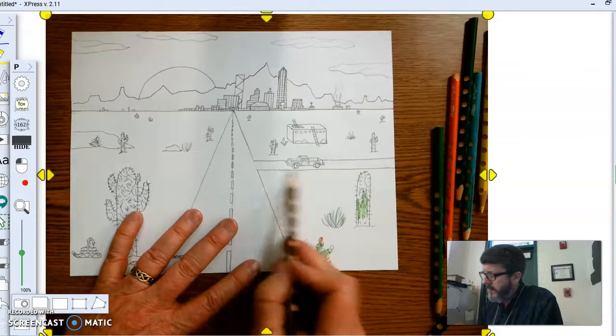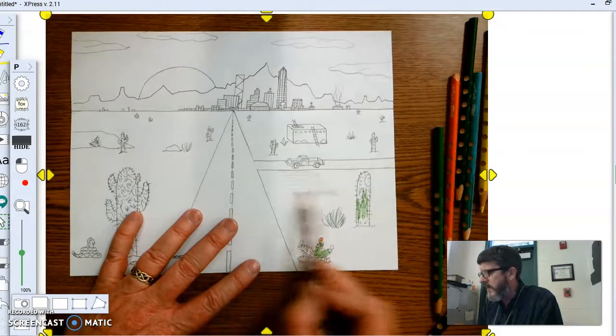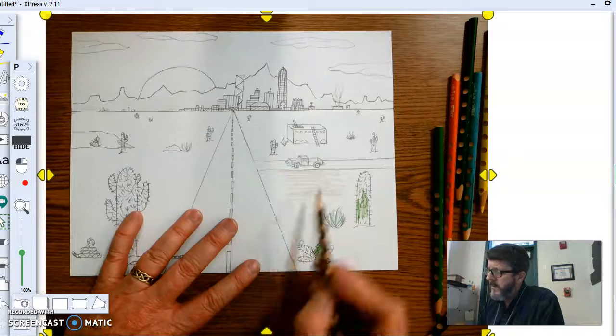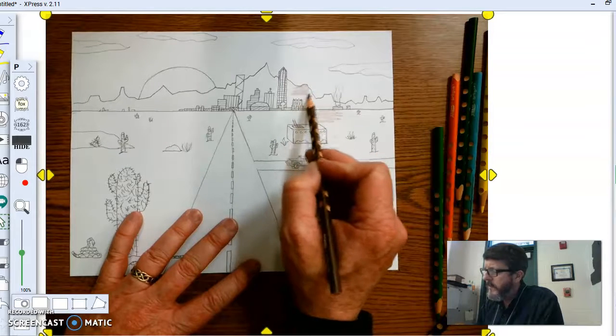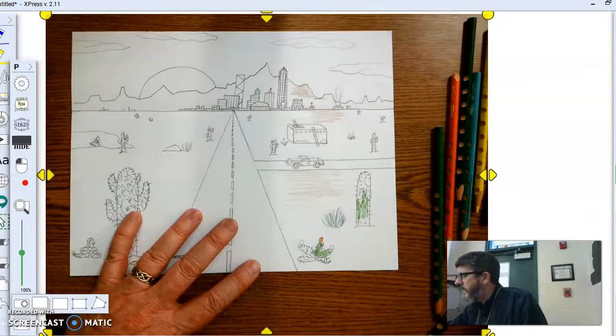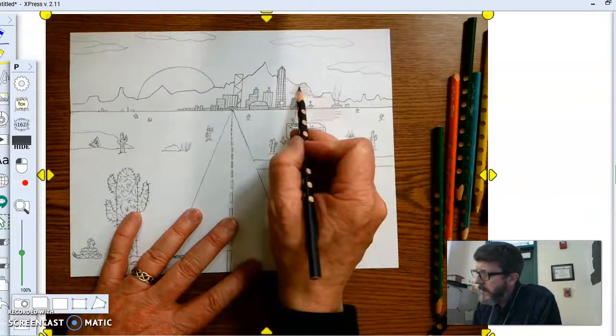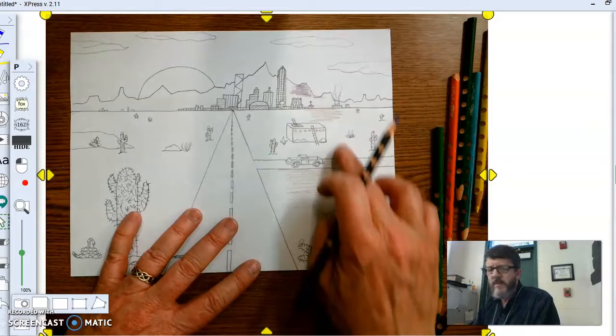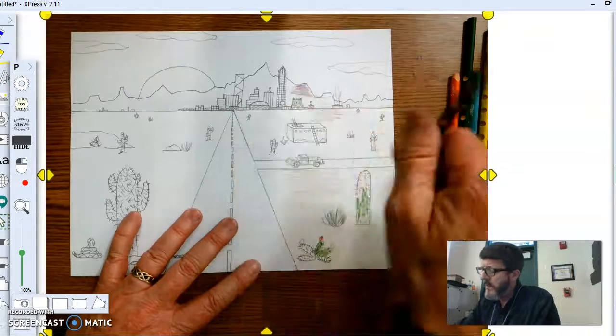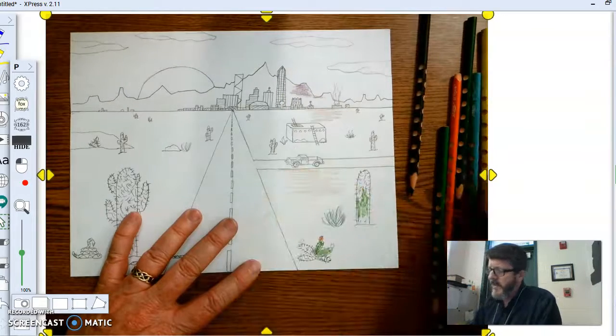You get a little brown here, and don't color it too dark. Your mountains, of course. Color these and add some purple and blend some purple in there in the mountains. Not down on the ground, just leave that brown. Add some purple in the mountains with the brown, and your sky,